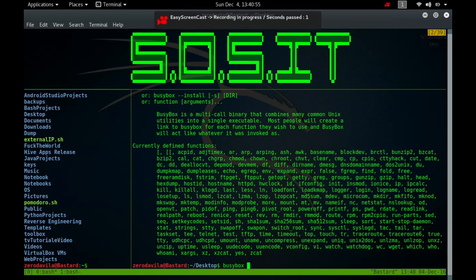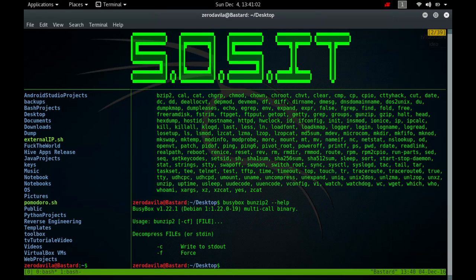bunzip2 is the equivalent of bzip2 with the -d option, and it decompresses all specified files. Files which are not created by bzip2 will be detected and ignored and a warning issued. bzip2 attempts to guess the file name for the decompressed file from that of the compressed file as follows. Filename.bz2 becomes filename. Filename.bz becomes filename. Filename.tbz2 becomes filename.tar. If the file does not end up in one of the recognized endings, which are .bz2, .bz, .tbz2, .tbz, bzip2 complains that it cannot guess the name of the original file and uses the original name with